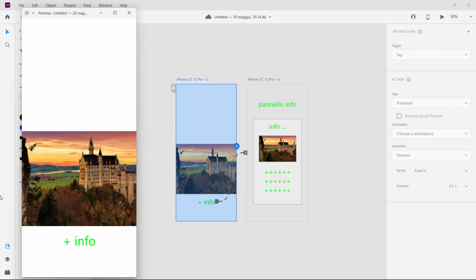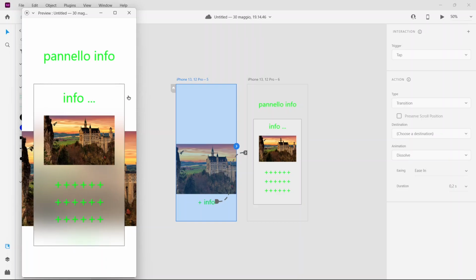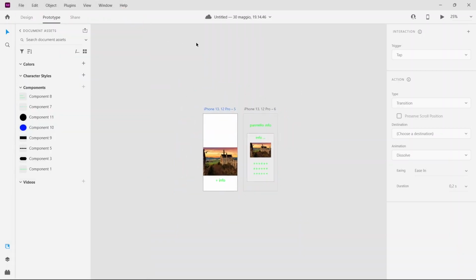And in this case, we can click on more info and we will have this rectangle, which is part of this artboard. And we can see behind this information that we have the previous artboard as a background. In fact, with the overlay, we can overlay a graphic on a background that remains the previous panel, the previous artboard. So let's see how I have created this